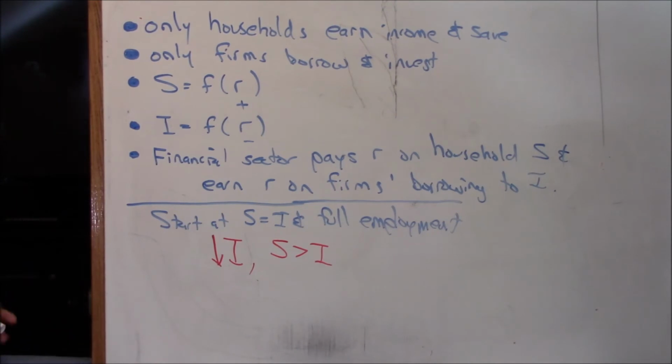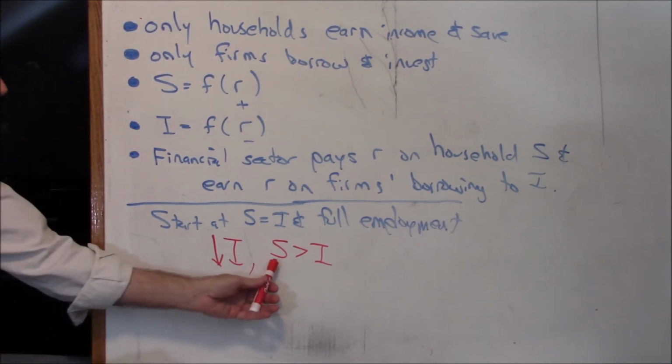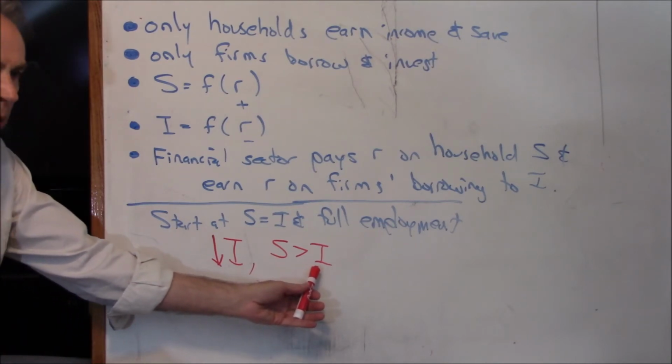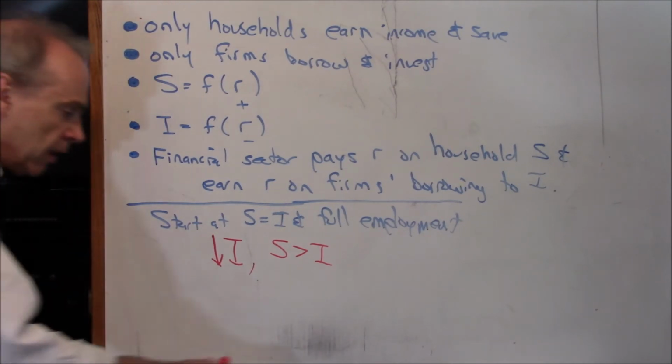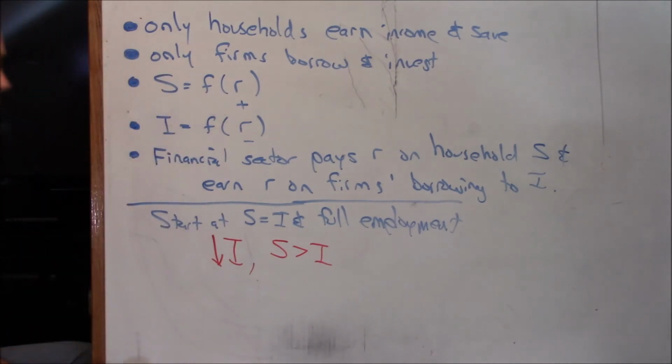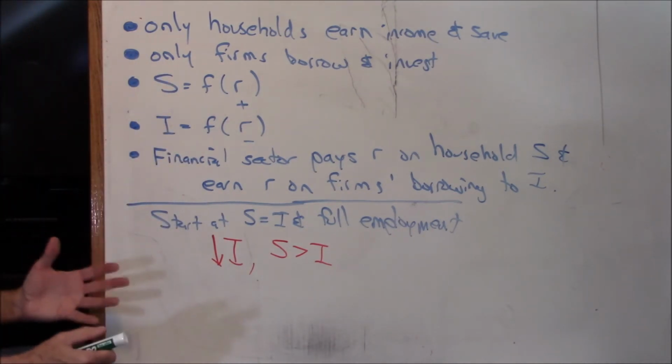savings is greater than investment. The amount of money I'm paying to depositors is still the same as it was before we started, but I'm earning less money from borrowers. So I'm unhappy about this. I've got money just sitting in the vault that no one is borrowing. This is costing me money and I'm making nothing off of it. I want to get rid of those loanable funds, which is where the name of this particular model comes from. I want to make sure somebody borrows them. So how do I figure out a way to make somebody borrow the money?